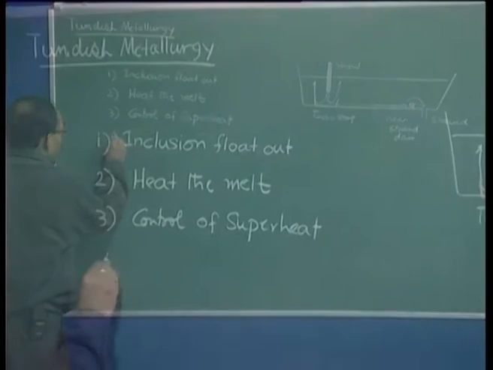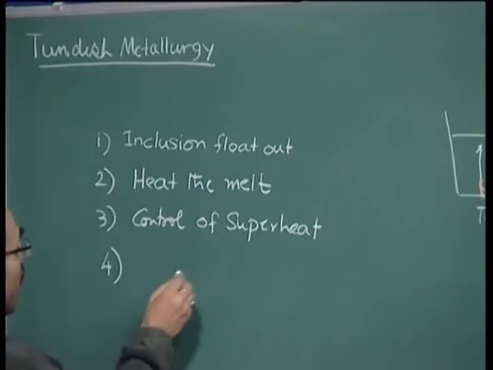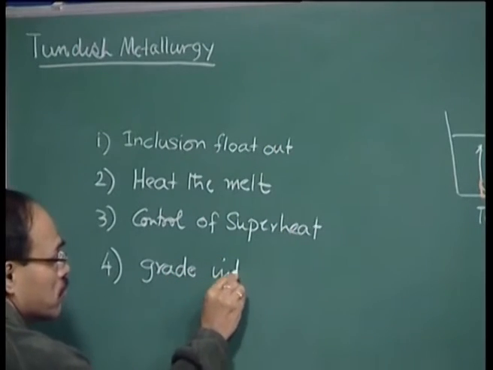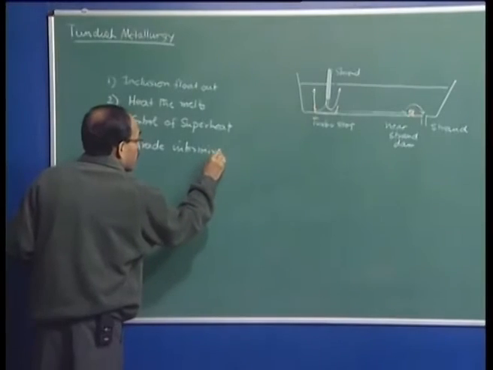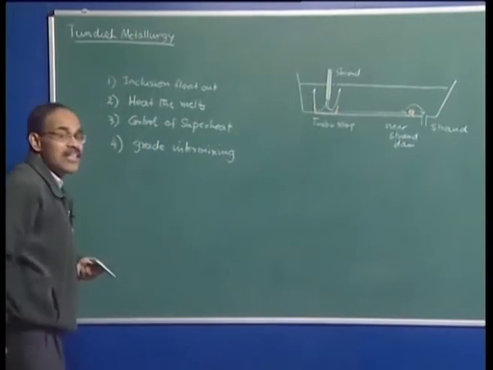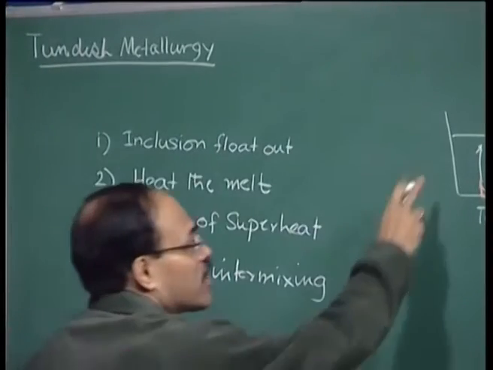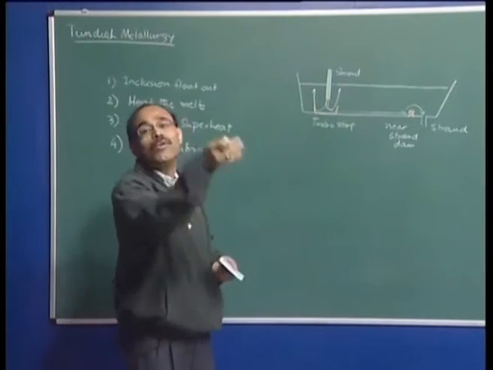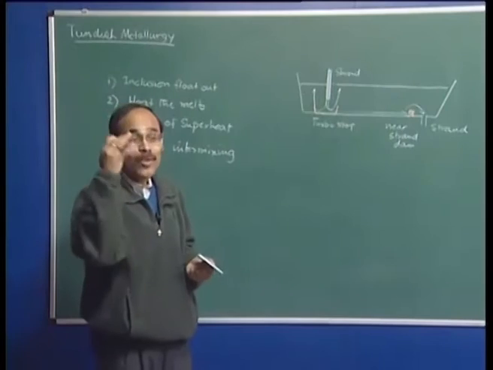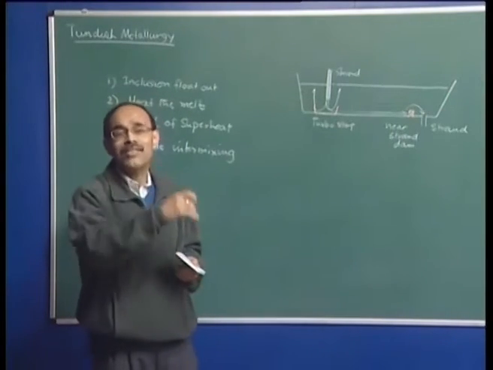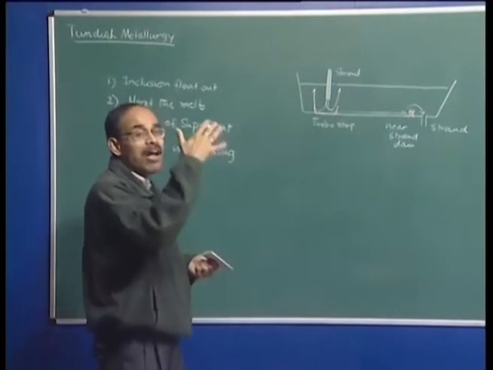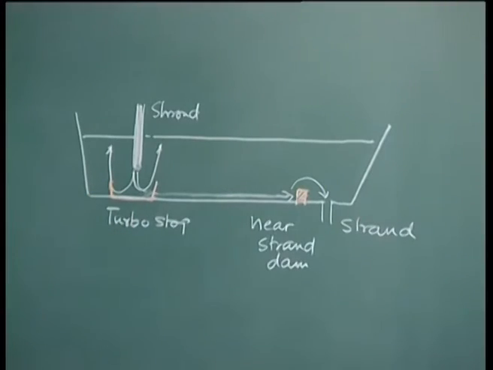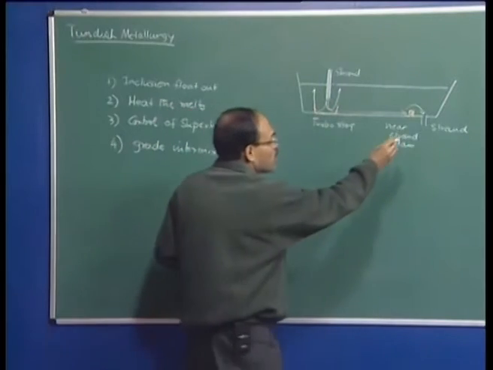Number 4, more important issues are like we have grade intermixing, which is also an important issue. And what does grade intermixing essentially imply? That a particular tundish may work for 20 heats, 20 times we can do the ladle changeover, but those 20 ladles may not have the same composition. So, after 5 heats, maybe the composition is going to be changed, and as the composition is changed from grade A to grade B, in that case for some time we